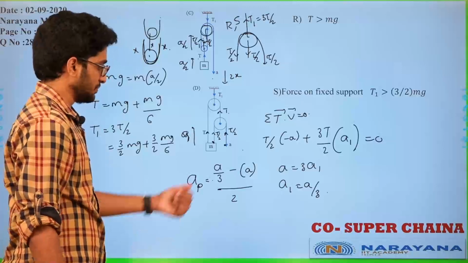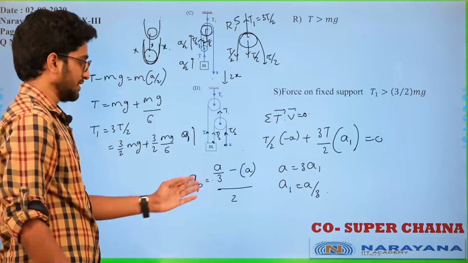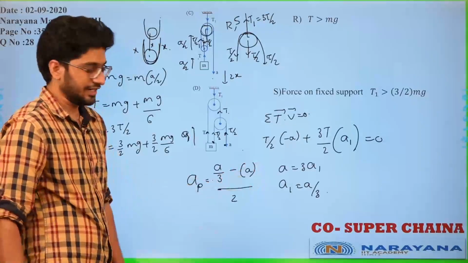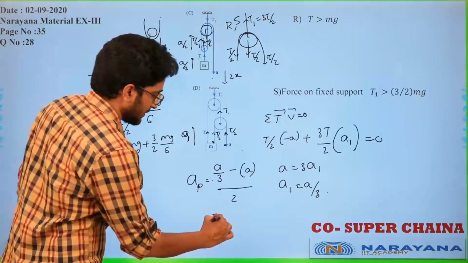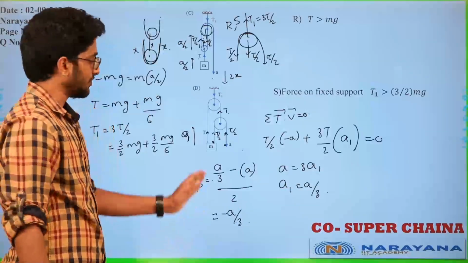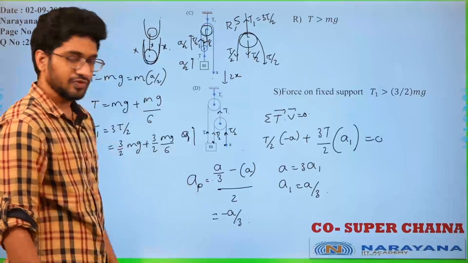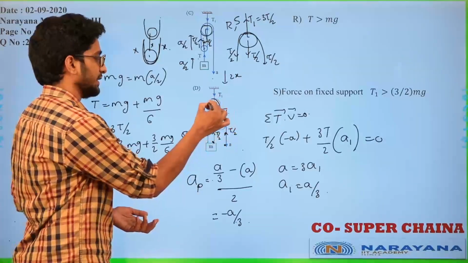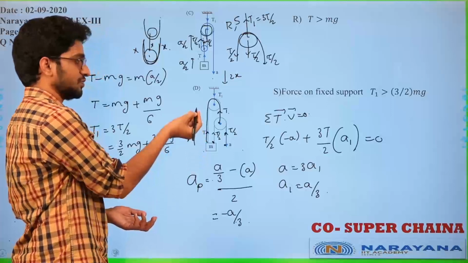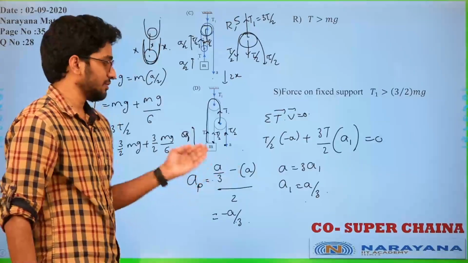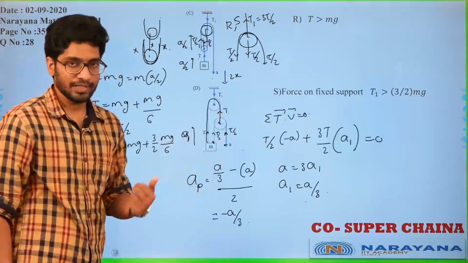So that is the acceleration of the pulley: A by 3 minus A by 2, or A minus A by 3 by 2. So here I calculated acceleration in the upward direction, I got it as negative, minus 2A by 6 or minus A by 3. So upward acceleration is negative means the pulley is actually moving downwards. Okay. Or I can directly say this string is directly connected to this block, right. So if this block moves upwards, this pulley should move downwards. The block is moving up with A by 3, so the pulley should move down by A by 3. Okay.